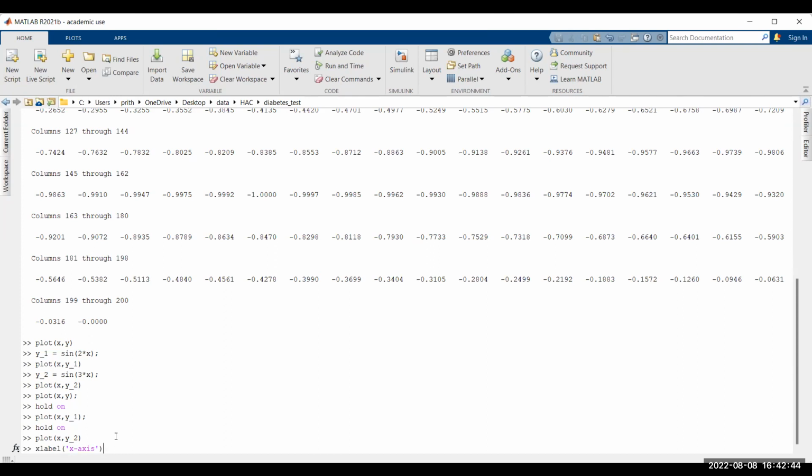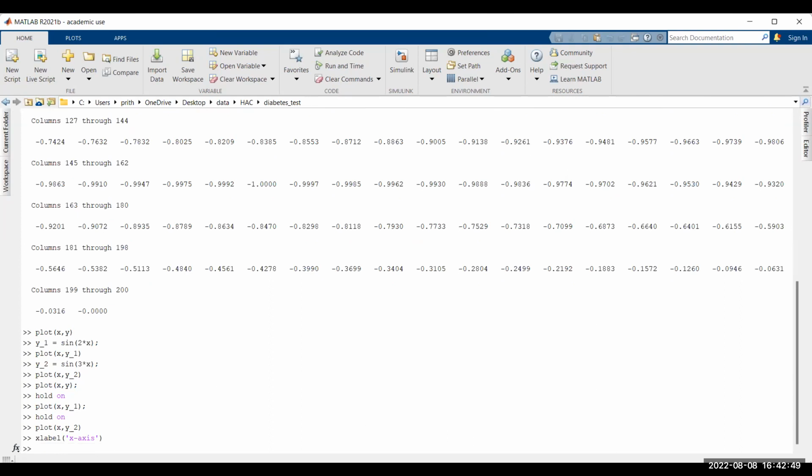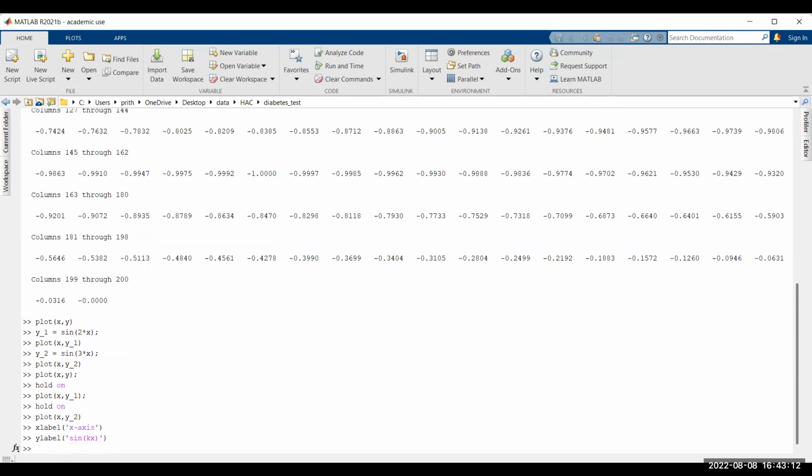So what is going to happen here is that if I just run this code, as you can see, that x-axis has just been shown in this diagram. Similarly, if I write down the y label, since we are plotting different variants of this sin x curve, let me write it down as sine of x. As you can see in the y-axis, I'm getting sine of x. Similarly, if I want to give some title to this plot, if I simply write it down that